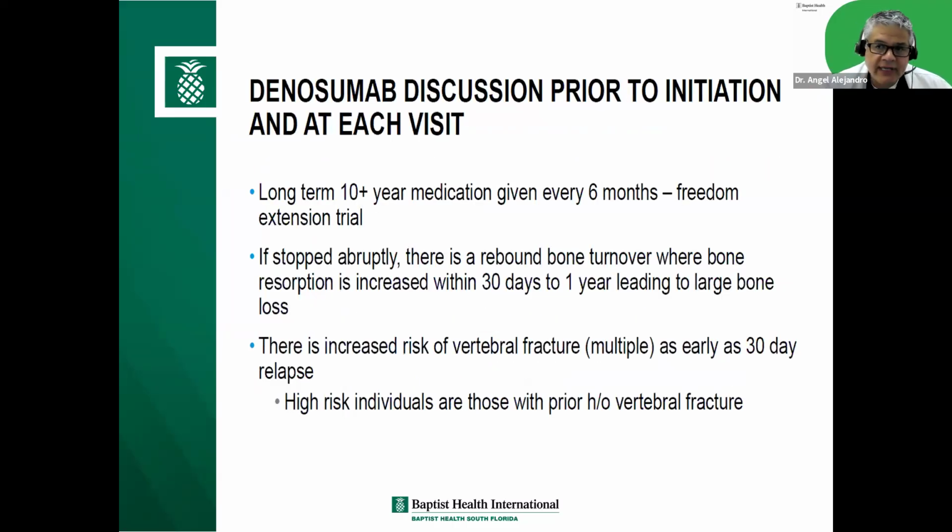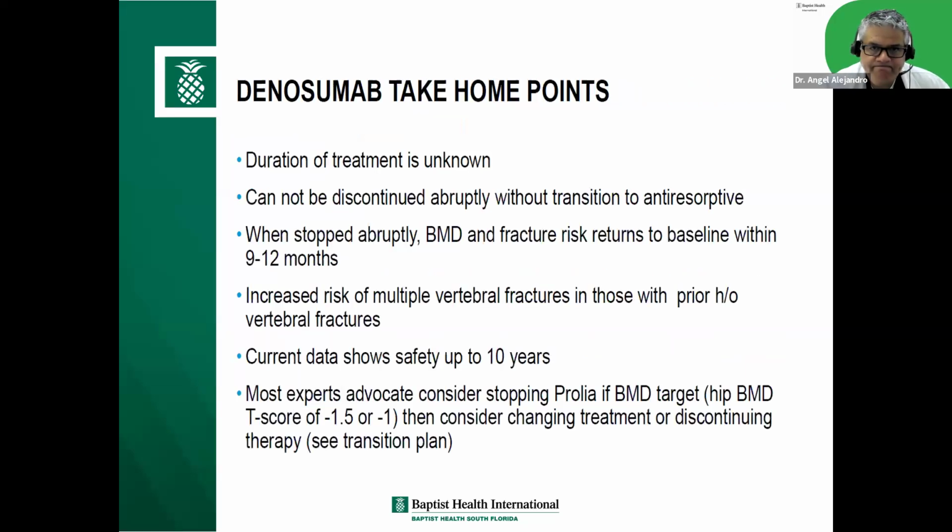As I mentioned earlier, every time I see a patient who's on Prolia, I tell them we're going to use it for about 10 years. The data so far shows that it's safe for up to 12 years. After 12 years, we just don't know. For the most part, once they're getting close to 10 years, I'm already thinking about switching them to something else, and then maybe taking a drug holiday. But you never take a drug holiday from denosumab. You only take drug holidays from the bisphosphonates. Why? Because remember, bisphosphonates get deposited in the bone, and that's why they last for so long. With Prolia, within a month the medication is gone, and you have a very high risk for rebound fractures.